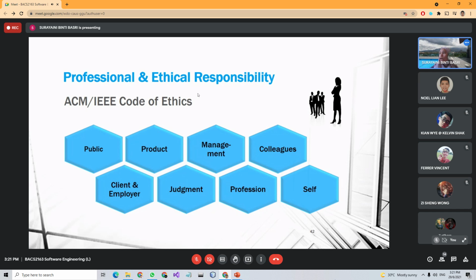ethics and professionalism that engineers should have towards the public is, for example, if you accepted a project to develop a software, you must take full responsibility for your own work. So whatever happens to your software or your product, whether it works or sometimes doesn't work, you must take responsibility for it. If it didn't work, you have to make sure it works. That is some of the responsibility of an engineer towards the public, meaning you don't abandon it when the software that you develop does not work. After that,